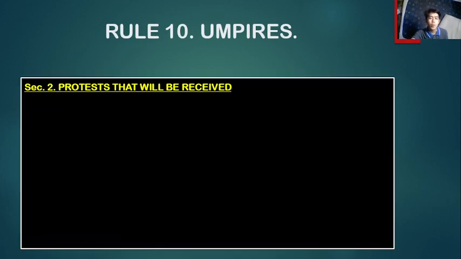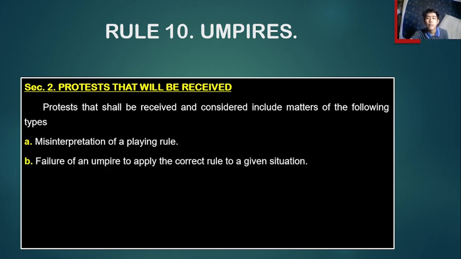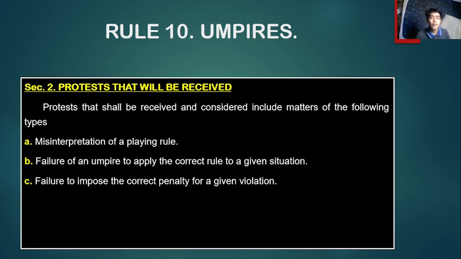So, section 2, protest that will be received. So, ito naman yung mga protest na tinatanggap or kinikonsider. These are the following types: the misinterpretation of a playing rule, failure of an umpire to apply the correct rule to a given situation. So, because not all umpires are perfect, nagkakamali din sila. And C is the failure to impose the correct penalty for a given violation